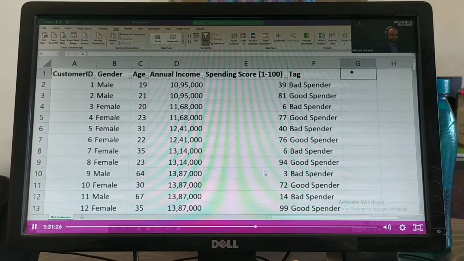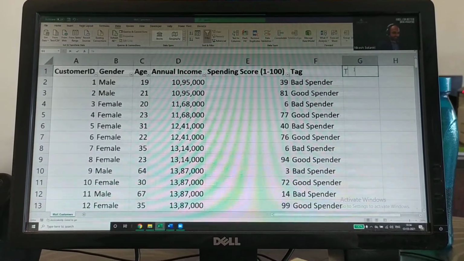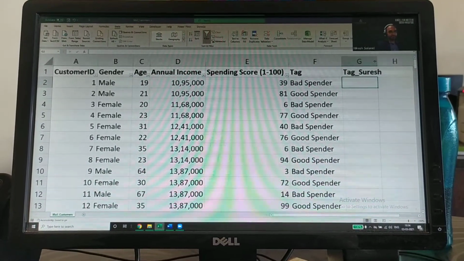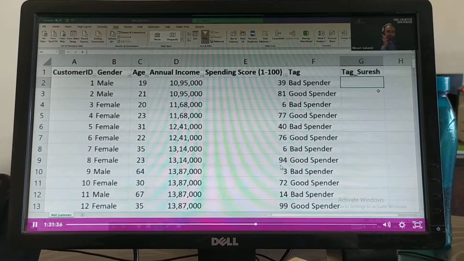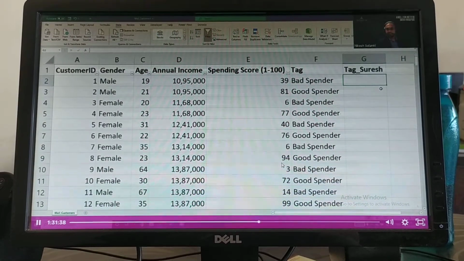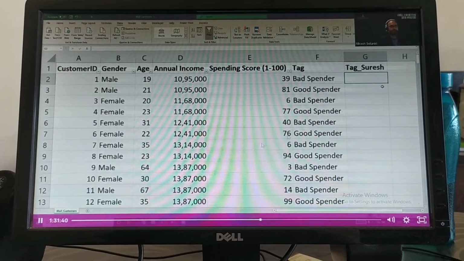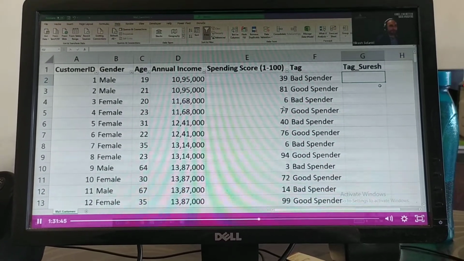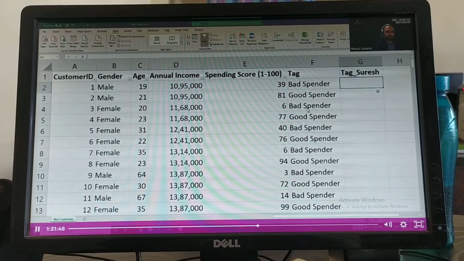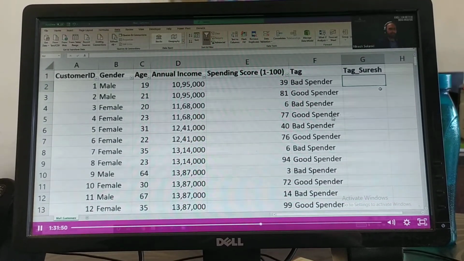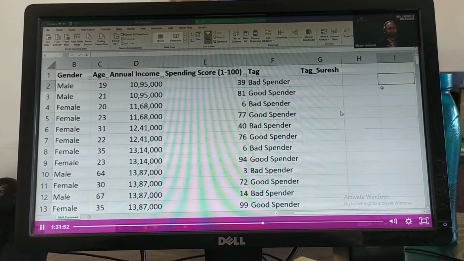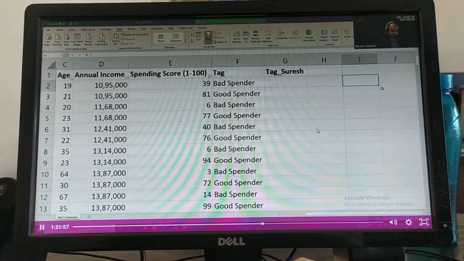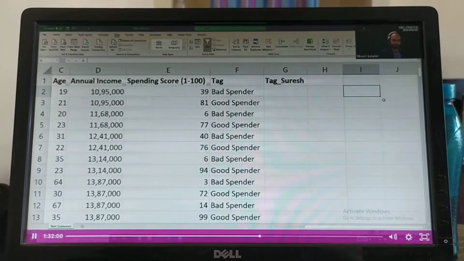Okay. So I will name this tag as tag_search. I will put your name. Now, can you help me, Mr. Suresh? Can you help me with certain conditions? What kind of condition do you want to apply? First, let's write down all the conditions. What conditions do you want to apply, sir? The condition is that we need multiple categories of the total data.